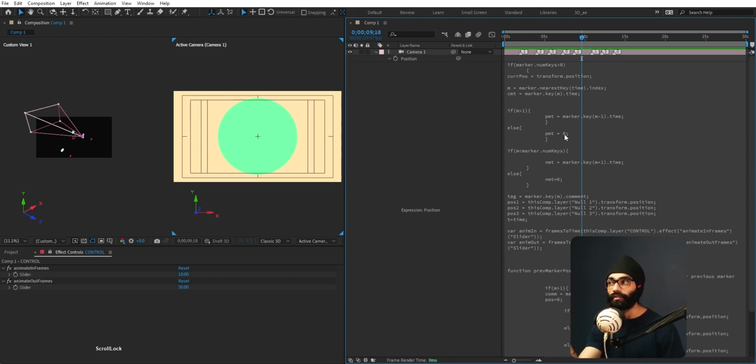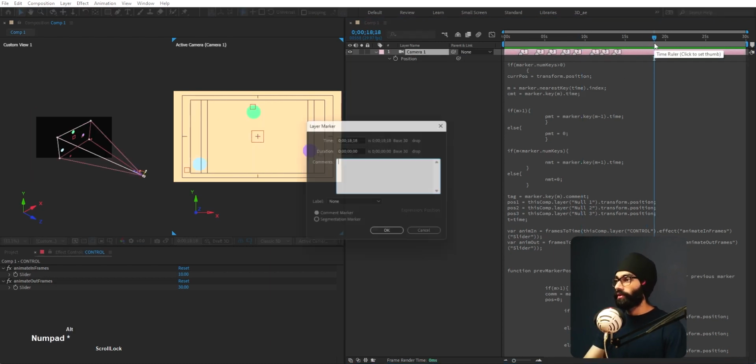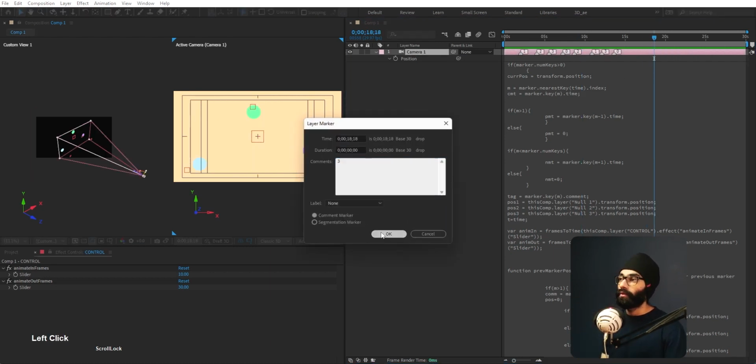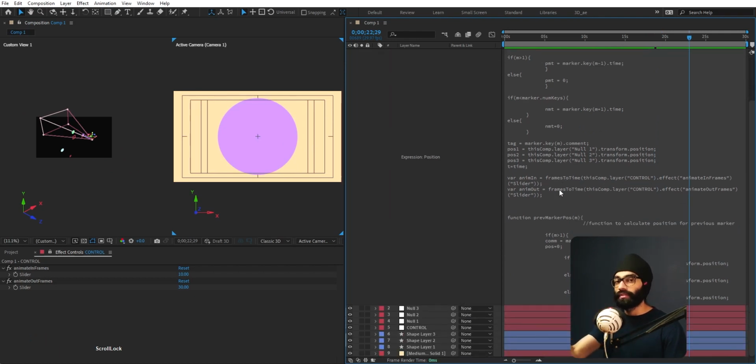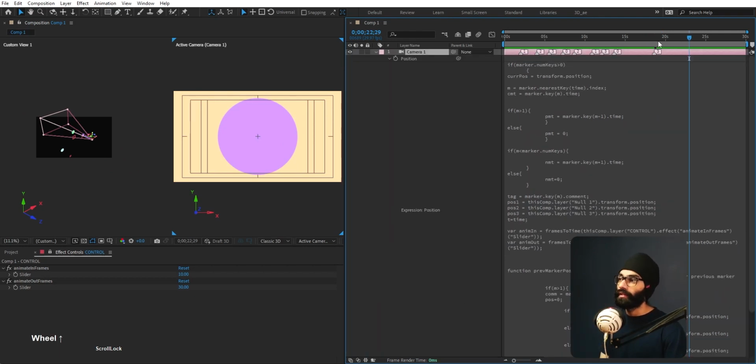Like if I select button number 2, it'll add a 2 marker to it. That's what I want to do with this, so that I don't have to even come in here and manually say alt numpad star and then 3. Or let's say if I have added 5, I don't want to manually define those 5 positions in this expression, although I can use this as well. This gets the job done. There's no keyframe situation, but I want to take it as far as I can with systematizing everything,